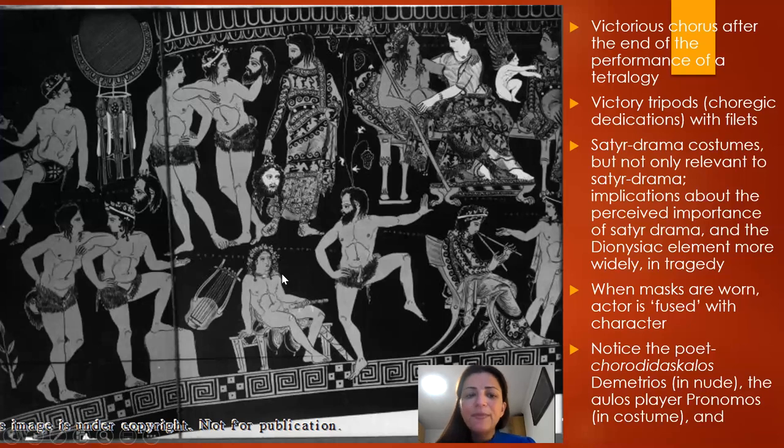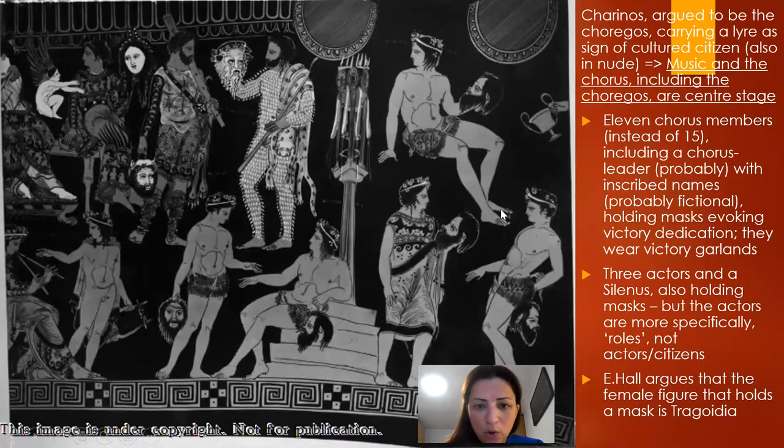So he is also an insignificant part of the life and the identity of the chorus in this situation. We also notice another member who is related to the chorus, the aulos player, Pronomos. You can see here the double reed. He is also in costume, as we saw the other aulos players in the other vase paintings. And also, the third person to the left of the aulos player, another person in heroic nude in a business suit, holding a lyre, that is a stringed instrument,